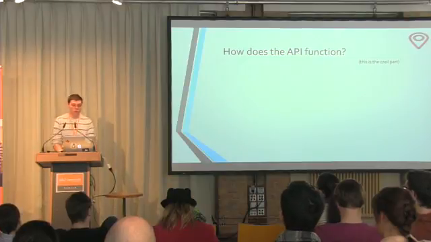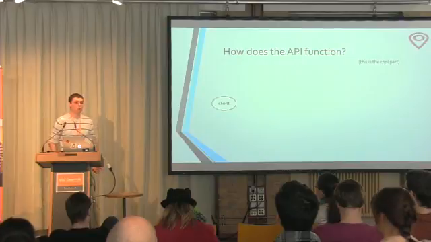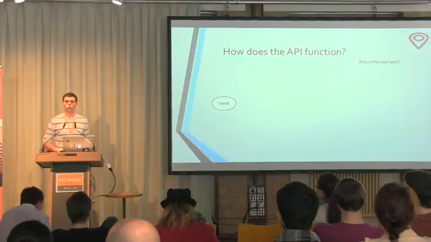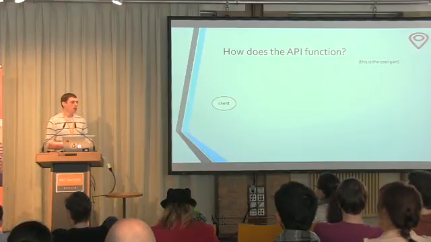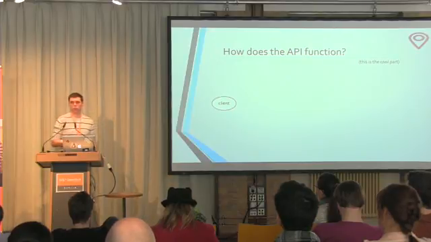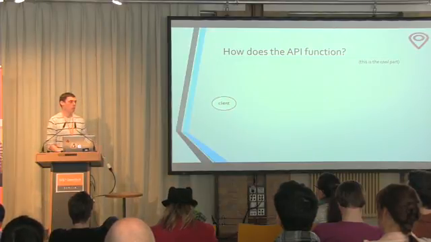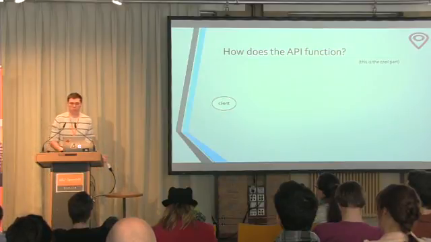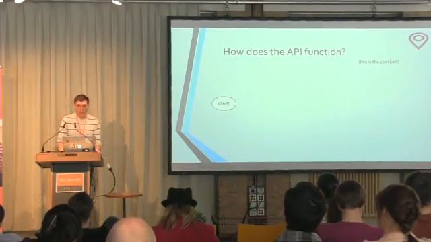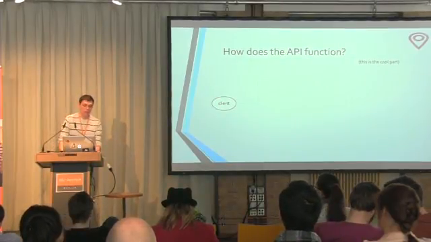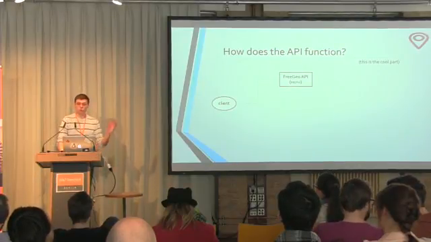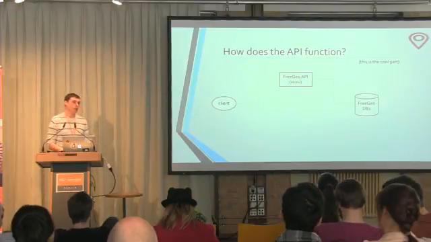So the first step is you have a client. Say this is your mobile application, iOS, Android, whatever, and you want to show your user what is near them. Say you want the top 5 cities, the closest 5 cities to you with a population of, say, 2 million people with at least one international airport. So the client makes that request to the API, and that lands at our RESTful API server.